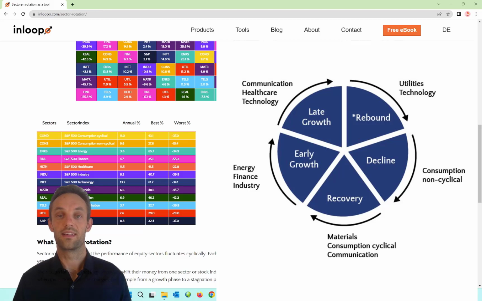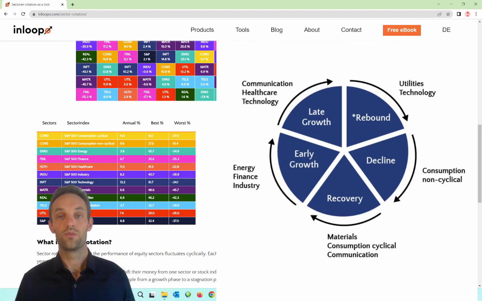Currently, we are in the decline phase, and this means that consumer non-cyclical stocks are outperforming the market. And of course, depending on where we are in the cycle, whether we just entered a decline phase or are nearly going out of the phase, you can move around your positions and even rebalance your overall portfolio, take profits and pick up new positions.